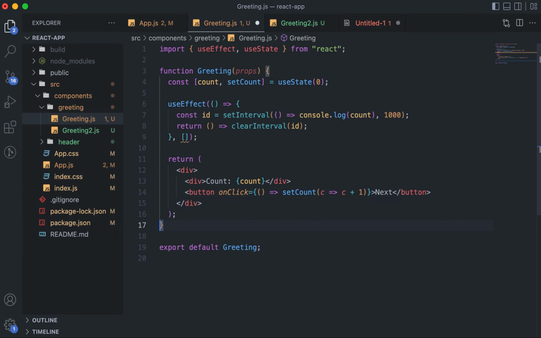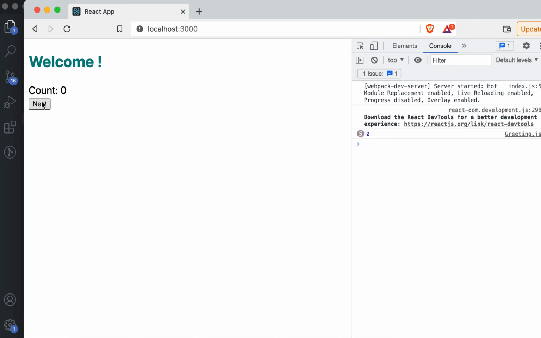Okay, so now count has to be added to the dependency array, but let's not add it now and let's see what happens. So you can see that every time 0 is printing. Now let's change it from 0 to 1, 2, but then also you can see that 0 is only printing